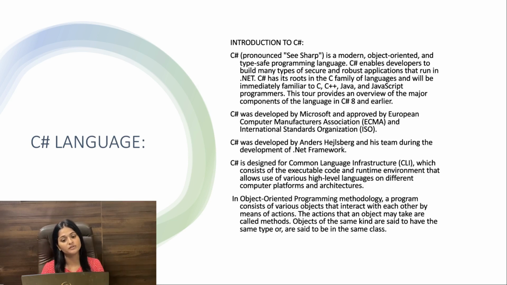C# is a modern, object-oriented and type-safe programming language. C# enables developers to build many types of secure and robust applications that run in .NET. C# has its roots in the C family of languages. It will be immediately familiar to C, C++, Java and JavaScript programmers. This tour will give an overview of how the C# language works, what its features are and why